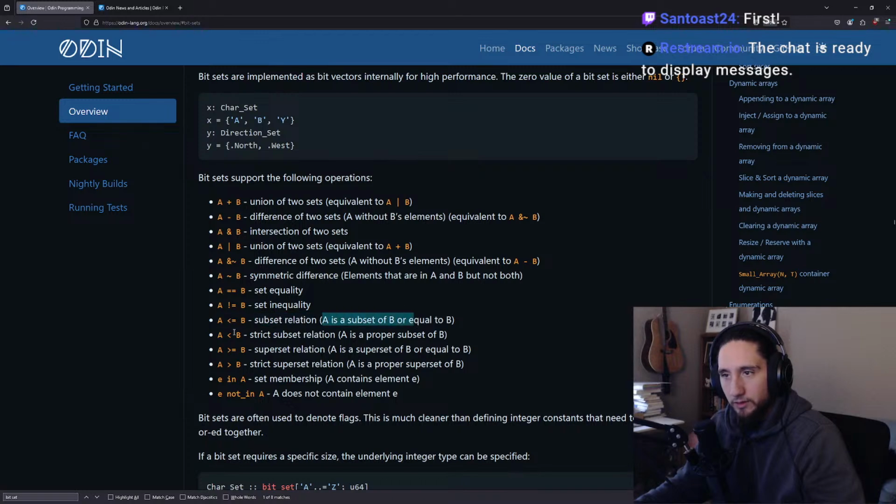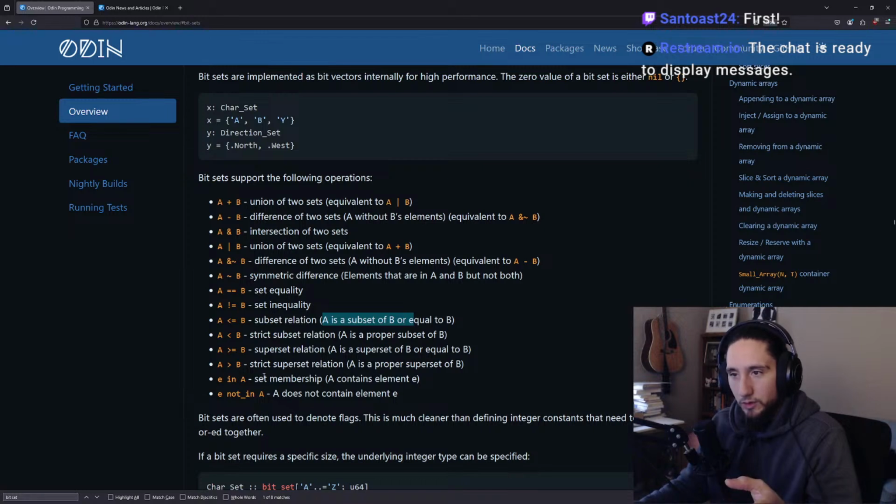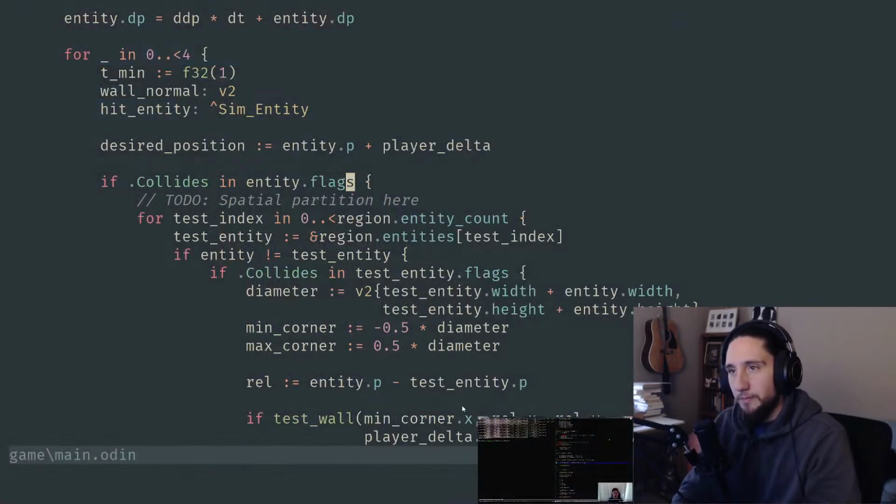I could check to see, let's say I have the whole list of flags, and I want to check to see if multiple flags, not just one, are set. I want to see if an entity has both collides and non-spatial in the entity flags. I don't have to do if collides in entity flags and if non-spatial. I'm pretty sure I can just write it in the code. I think I could just write it like this, non-spatial